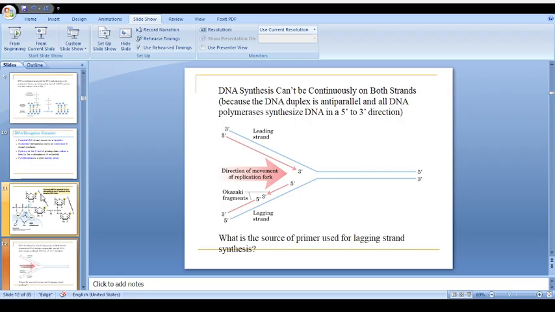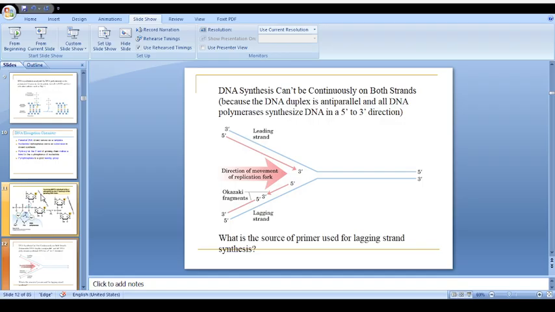Normally, synthesis of DNA does not occur continuously on both the strands of the parental DNA, even though the parental DNA is 5' to 3' as well as 3' to 5', that is parallel and anti-parallel in nature. Once the daughter DNA is synthesized, the direction of replication always happens in the 5' to 3' direction only. In the leading strand, that is in the 5' to 3', it moves continuously because the direction of replication is 5' to 3',